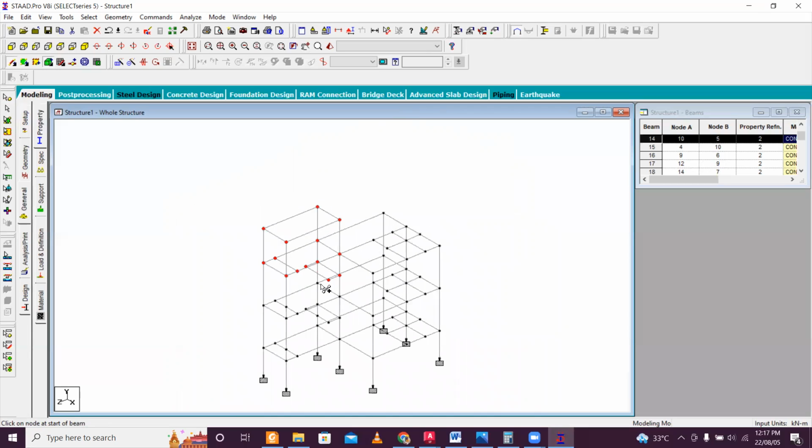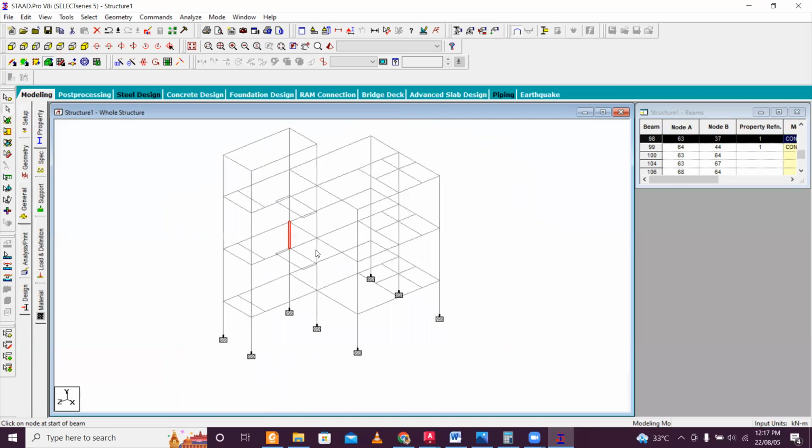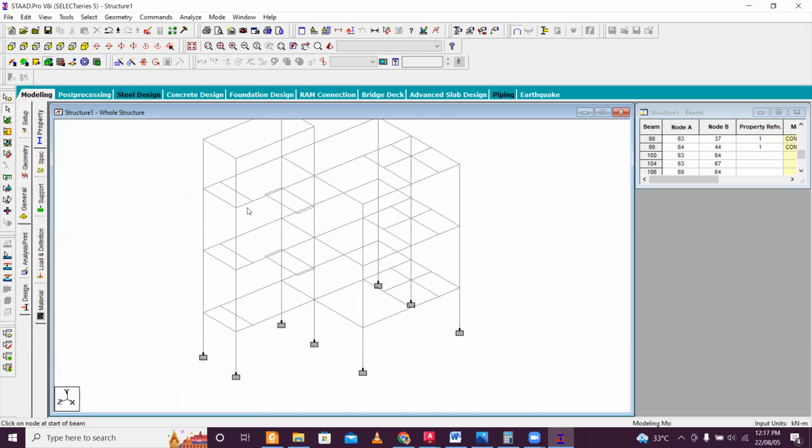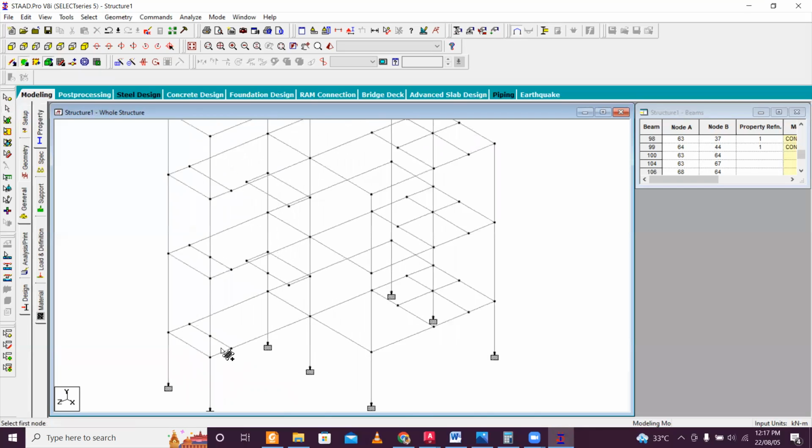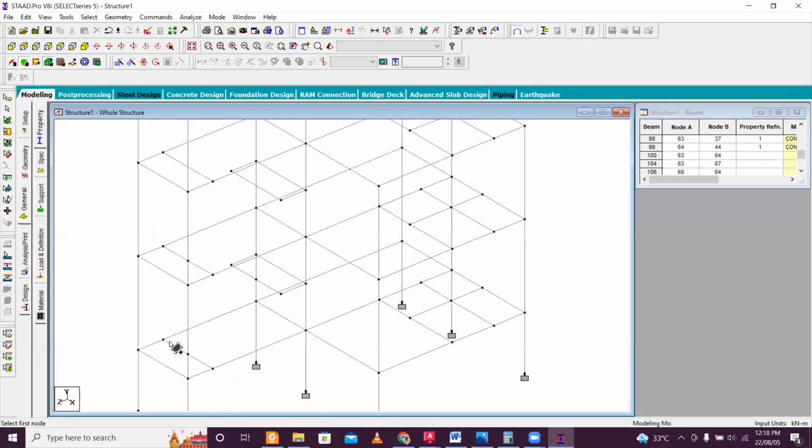The complete model, as you can see, is almost ready. Some things are remaining, which we will do now. We have defined these beams which will be required for the staircase. Now use this option. We have 4 noded plates, and under add surface we have 8 noded plates here. So we use the 4 noded plates here, and using them we'll click on here, click on here, click on here,